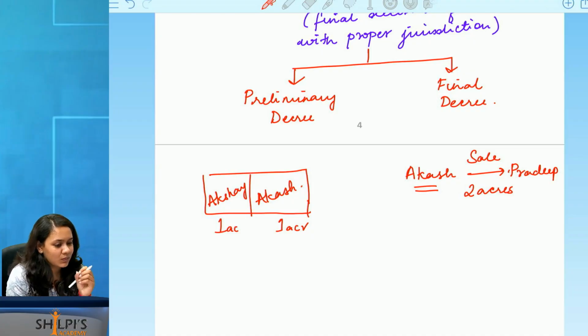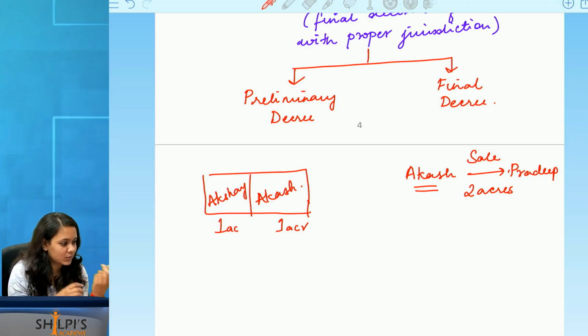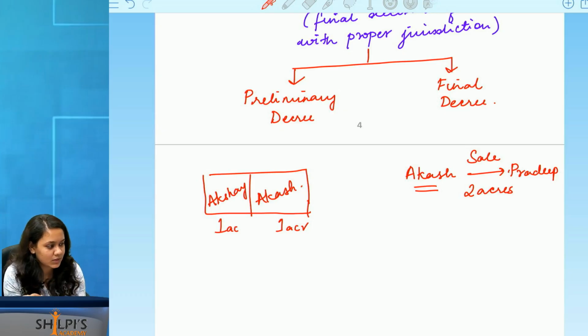Okay. Now he is selling the land. Fine. But by the time Akshay goes to the court of law, files a plaint, 30 days later summons is sent, 30 days later a written statement is given, another 30 days later issues are formed, and then when they decide to call for arguments, etc., anyways a minimum of 4 months is going to go by. By then, one of the brothers, Akash, sells the land. Then can you still be fighting over something once the land is sold? Does it make any sense?